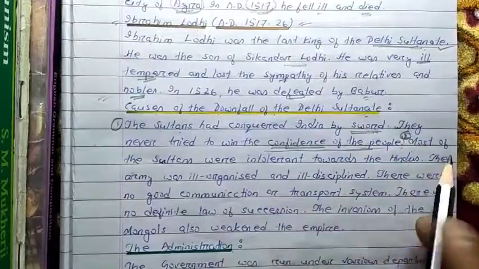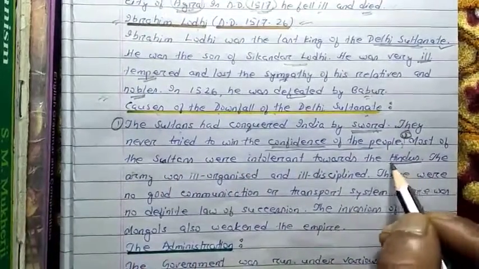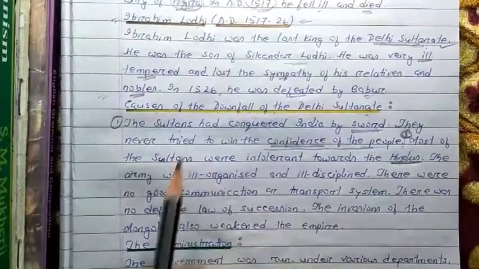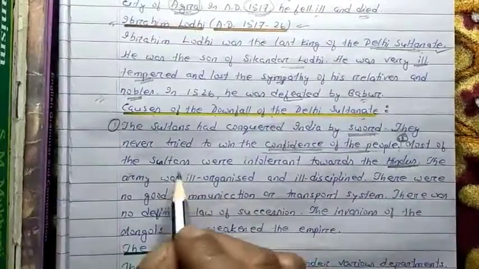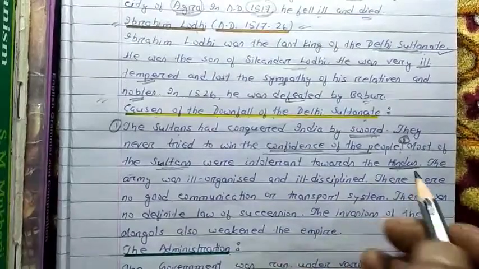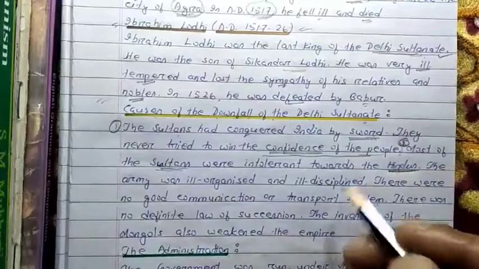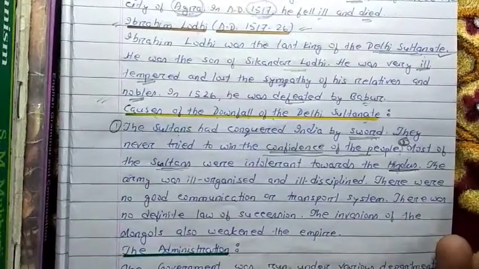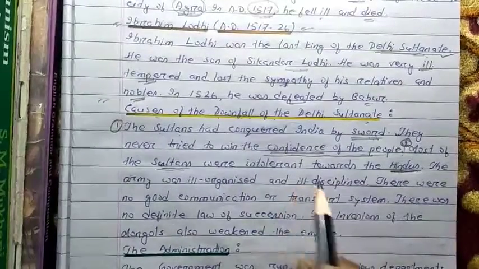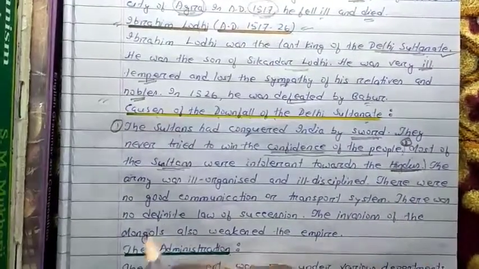The second point we can say, most of the sultans were intolerant towards the Hindus. You know, in our country Hinduism is the majority religion, and the Delhi Sultans were Muslims. And most of the Delhi Sultans were not tolerant of the Hindus, the Hindu rulers or the general people. They were not given much freedom, they were not given much facilities. We already got in the previous video as well as in this video that the land which was given to the nobles was taken back. Like that, many problems were created.